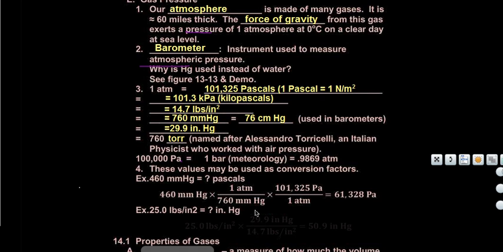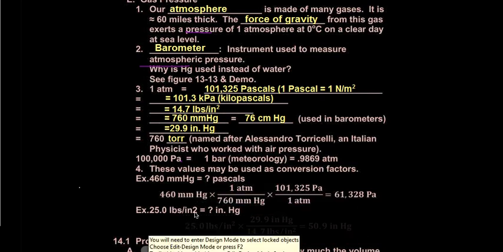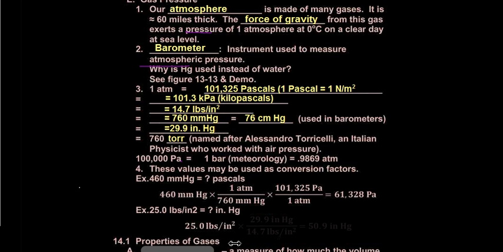But notice here that 1 atmosphere equals 1 atmosphere. So we can actually skip the atmosphere part and go straight to the units of the other pressure that equal 1 atmosphere. So if we're going to convert, say, 25 pounds per square inch into inches of mercury, and this should be a superscript right there. And that's going to be 25 pounds per square inch times, well, we know that 14.7 pounds per square inch is